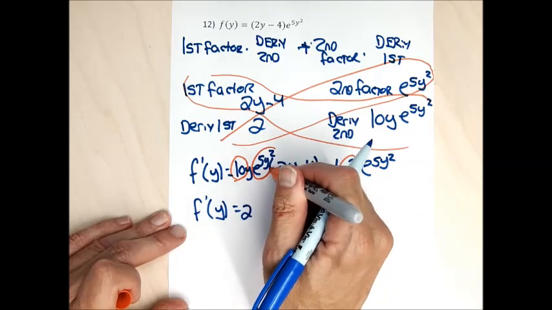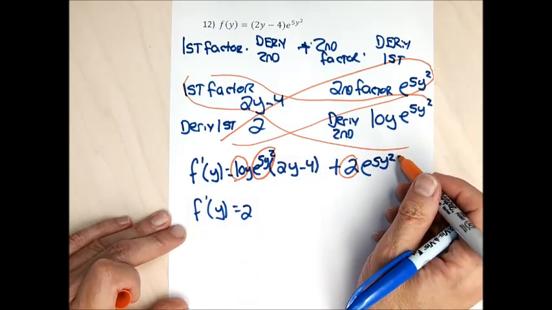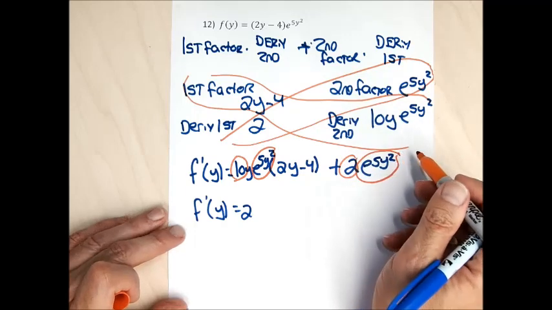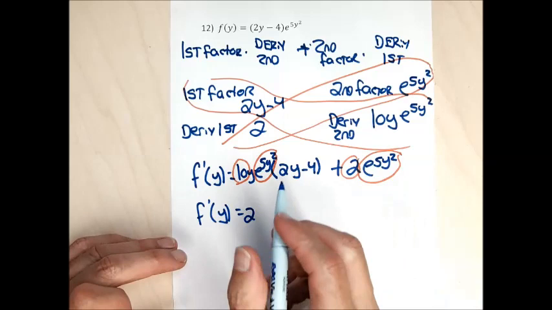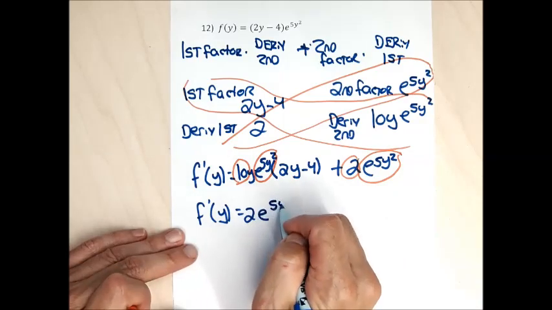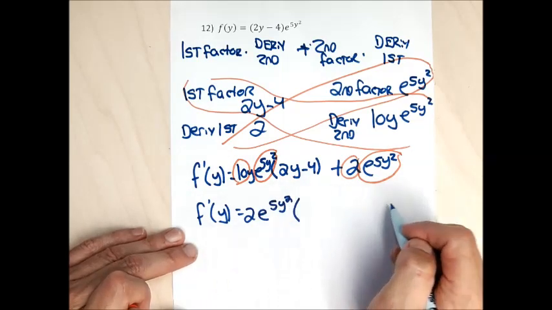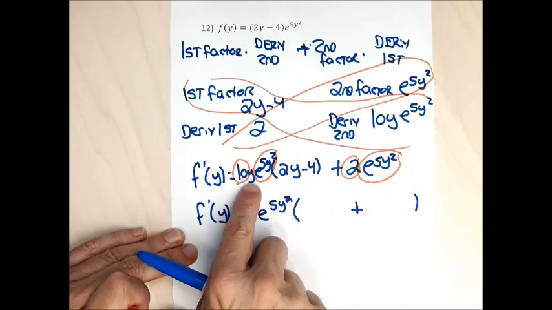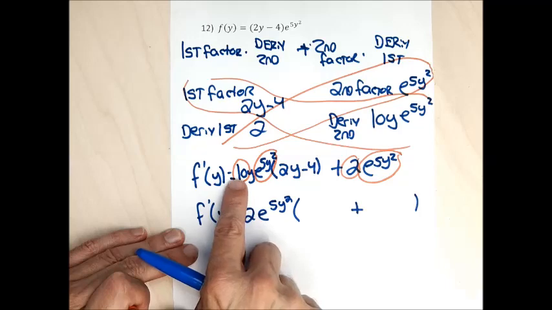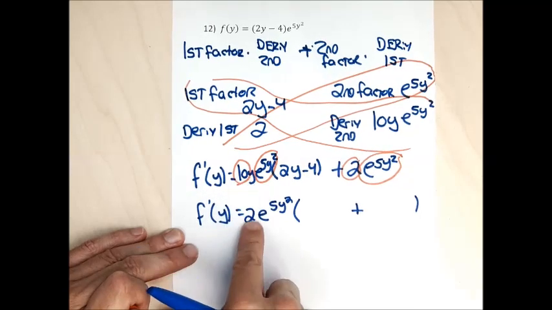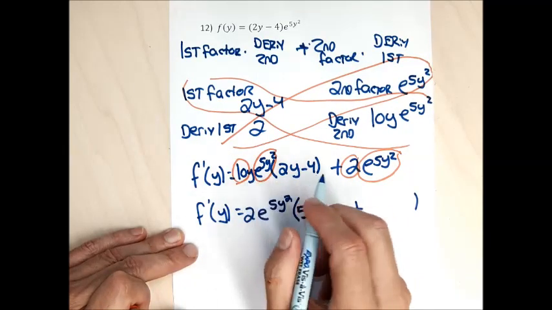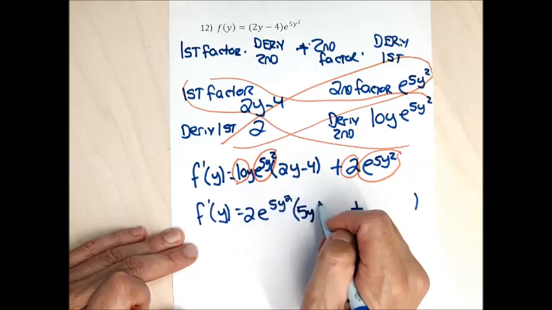From this 5y squared and this e, both of them have an e to the 5y squared in common, so that's also going to be a common factor. What's going to be left, to the left of the plus sign, this y is going to be left. This 10 is going to turn into a 5, so it's going to be 5y here because of the 2 that I factored out. I took it out away from the 10. That's going to turn it into a 5. The y stays, the 2y minus 4 stays,